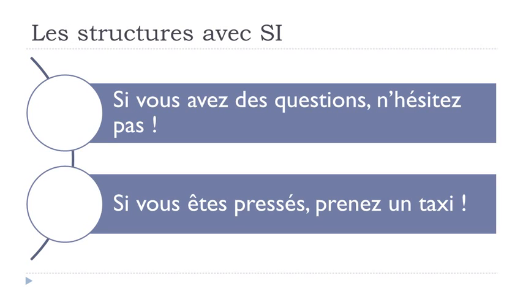Okay? Second example, si vous êtes pressé, être, to be, and then pressé, in a hurry. Si vous êtes pressé, prenez un taxi. And here you get prenez, prendre, to take. Un taxi, a cab. Si vous êtes pressé, prenez un taxi. All right? So remember, it would be possible to use this si and then the present form, and it's followed by l'impératif. Okay? So keep in mind, if we want to express this possibility, the first one, si, and then the present form followed by the future, or si, and then the present form followed by l'impératif.